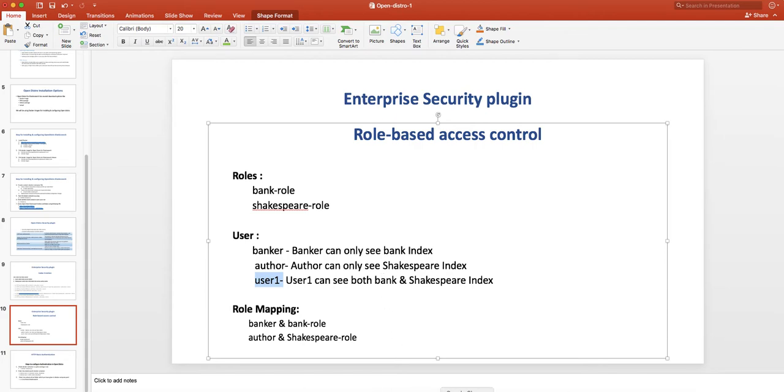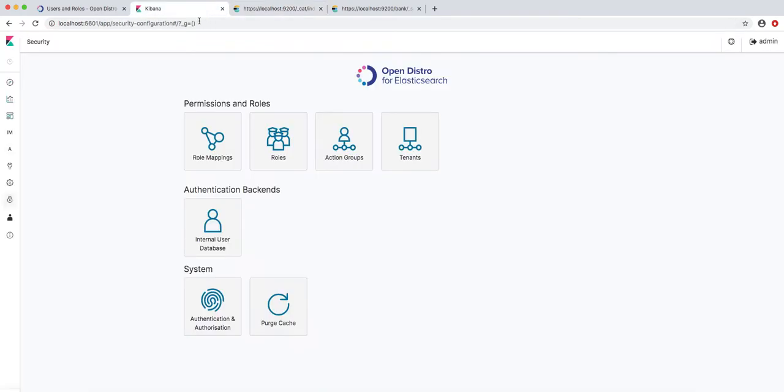For that, let's jump to Kibana. So this is my Kibana and as you can see it's running. I'll go into security here, and here is the Open Distro security portal.